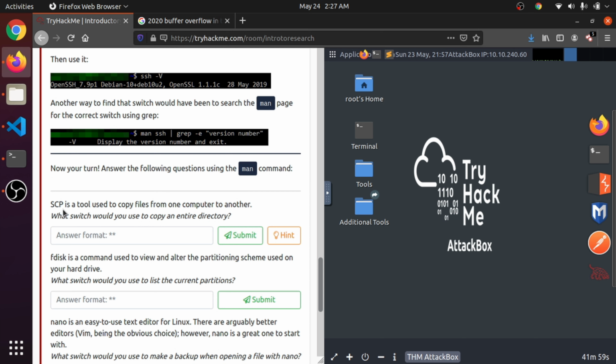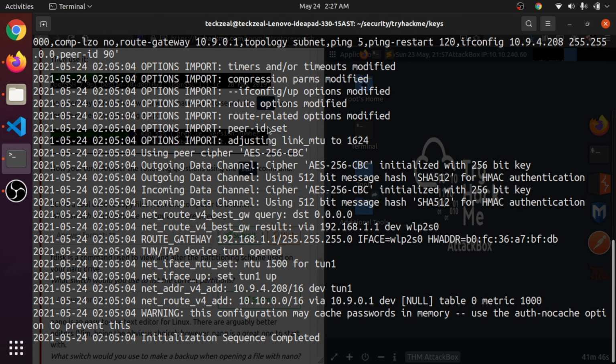Okay, we'll study. SCP is a tool used to copy files from one computer to another computer. What switch would you use to copy the entire directory? SCP. So we'll open a new one.